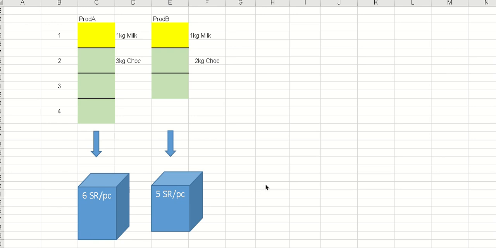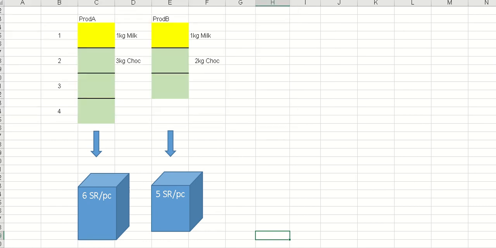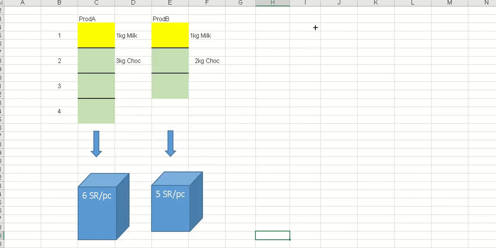So we can say the sky is the limit. You can produce as many as product A, and you can produce as much as product B without a problem. But there is a problem because I have a limited supply of milk and chocolate. My supply for chocolate, for instance, is what? Let me just give here a picture shape. My supply for milk